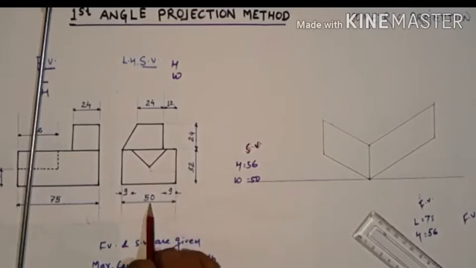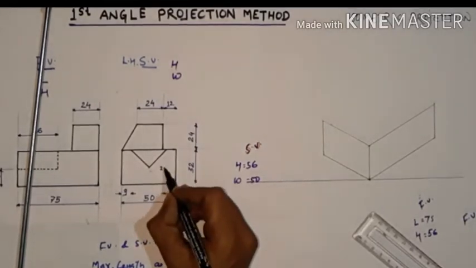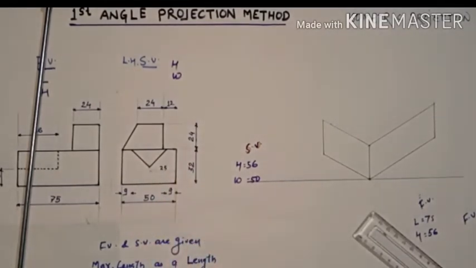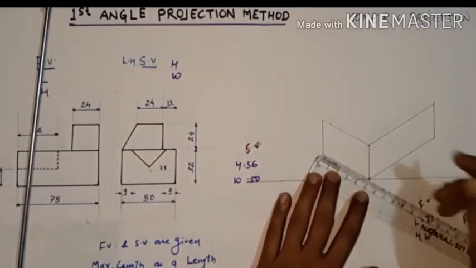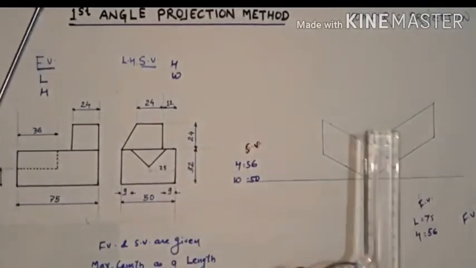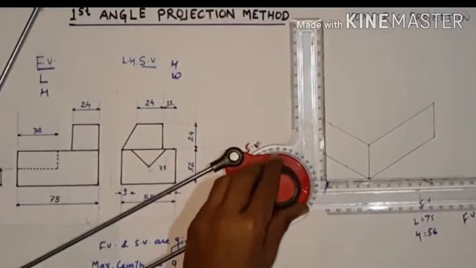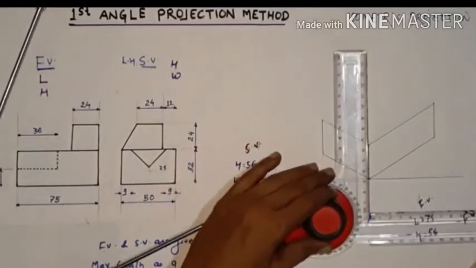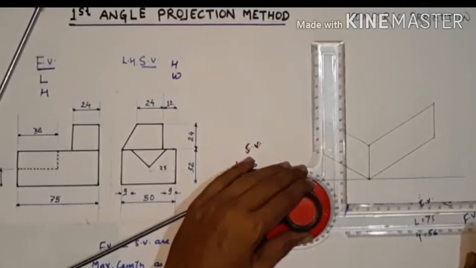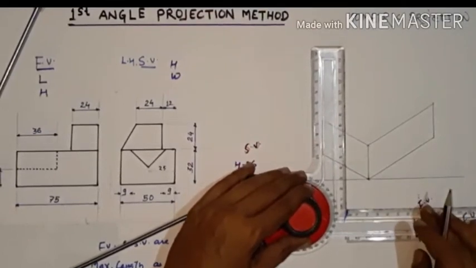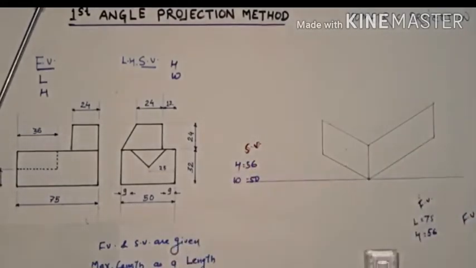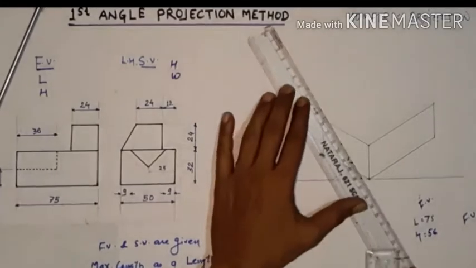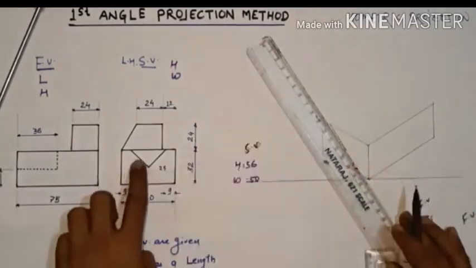So if the total width is 50 mm, then the center is about 25 mm. So I put the dimension here. This is your 25 mm. Okay, now just mark 25 mm, because this is the center. And now putting the MD parallel to this height line, moving the MD here, we select the middle point like this, and from this point we draw just 16 mm. So this was your 16 mm, and pick a point. Now join these two with a solid line, because it is clearly seen from the side view.